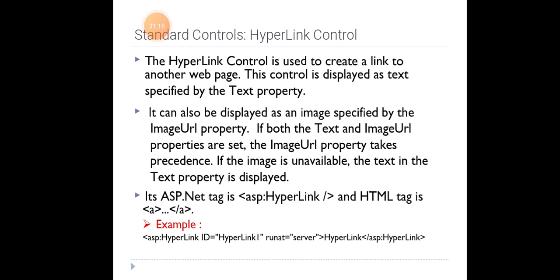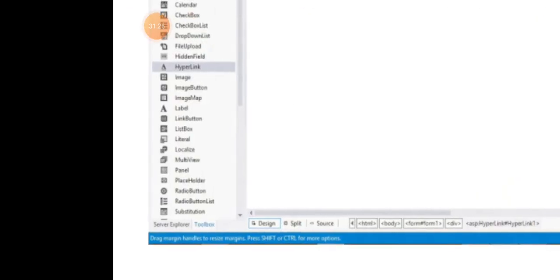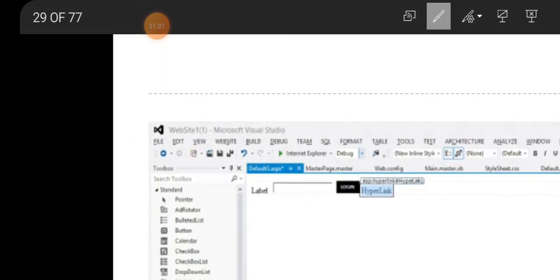The ASP.NET tag is ASP:hyperlink and the HTML tag is anchor tag. While we are adding the hyperlink control, in the design page, here is the hyperlink button.